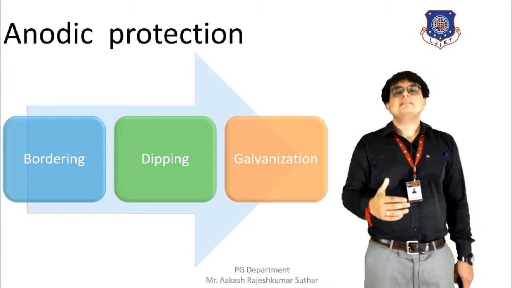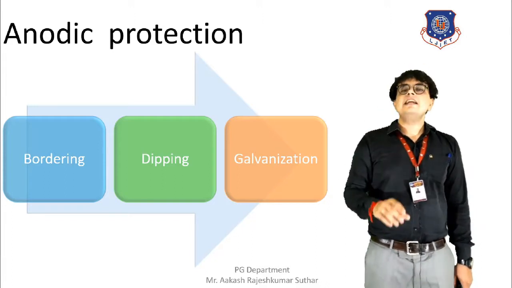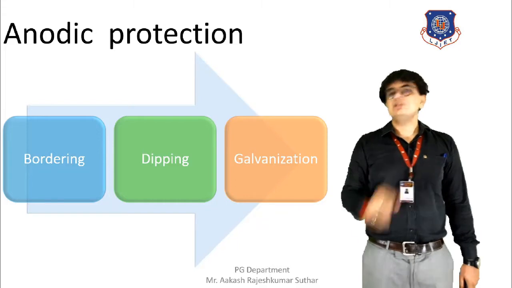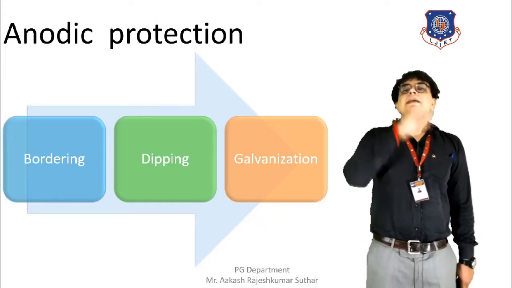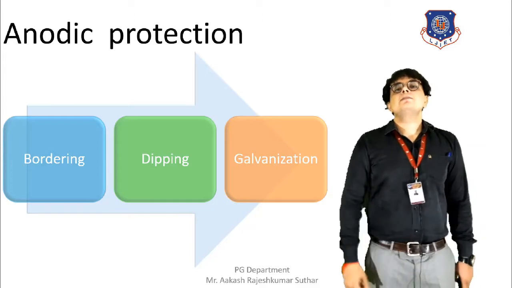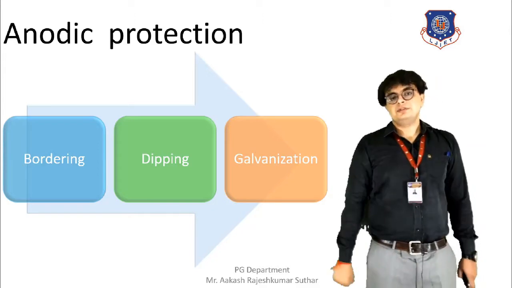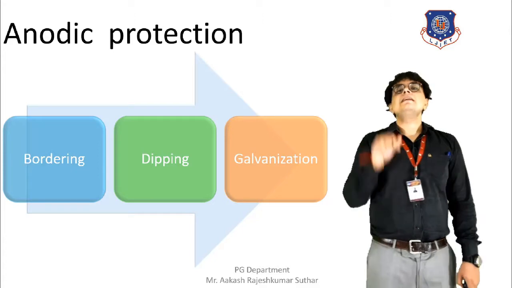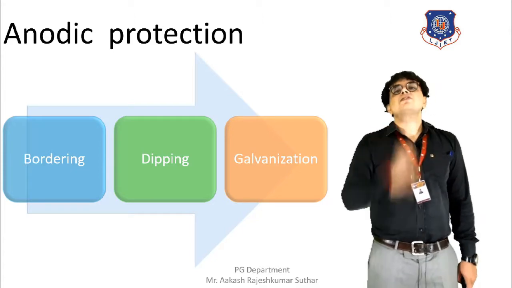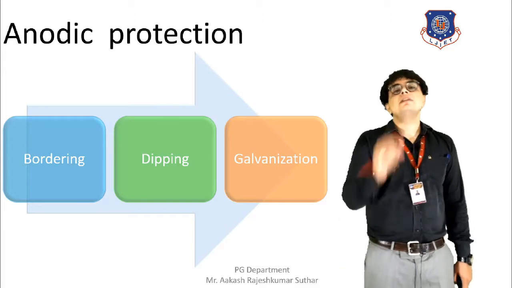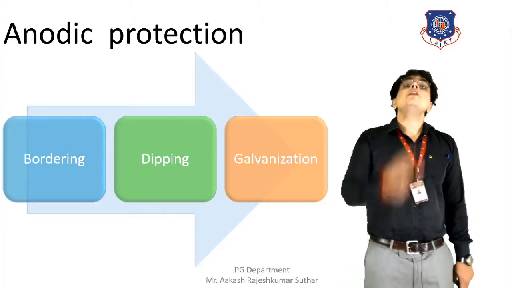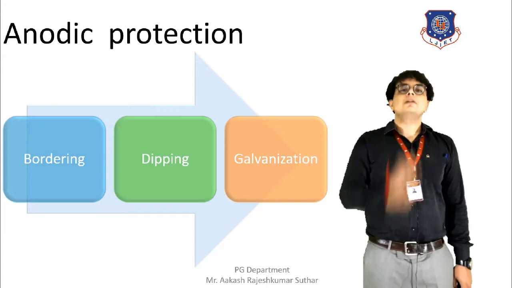Bordering is being done, and here we are applying the paint on the outer surface so that the surface will be clean and we can make a cover for protection from corrosion. At the next step, we are dipping that metal into the phosphatic layer, meaning in a phosphoric acid or a phosphate solution, we are dipping that metallic rod which was previously coloured.